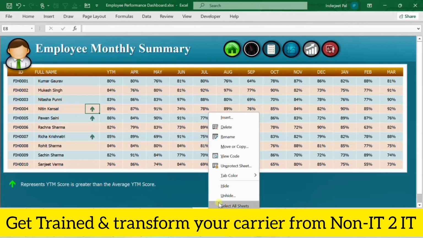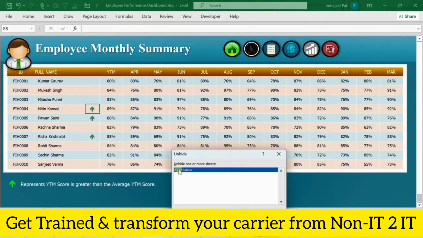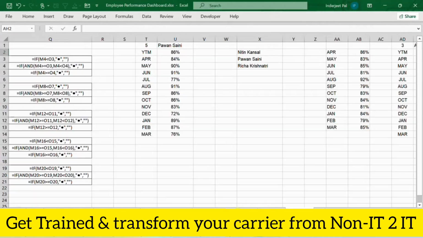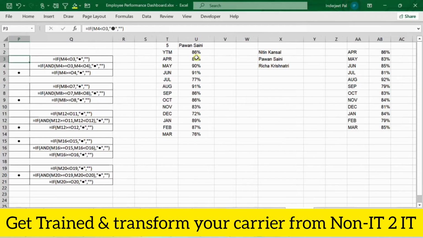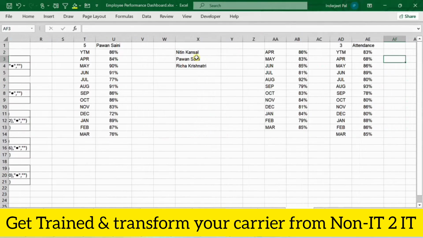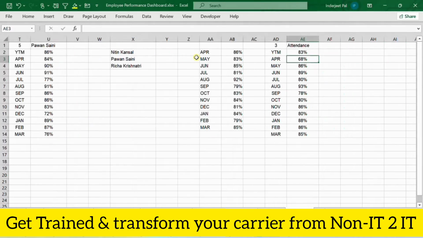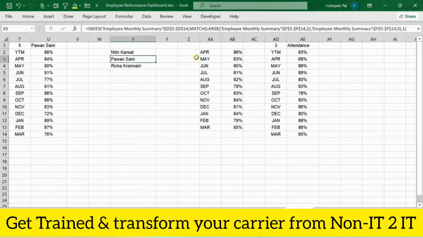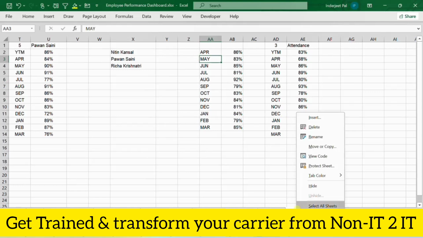Now if I right click and unhide the calculation part. Now what is this calculation? This is the main thing. This is a kind of engine of my dashboard. If you see, there are so many formulas over here like this, but again I would recommend you not to go into detail on this, because all these things are populating automatically. So just go ahead and hide this sheet.